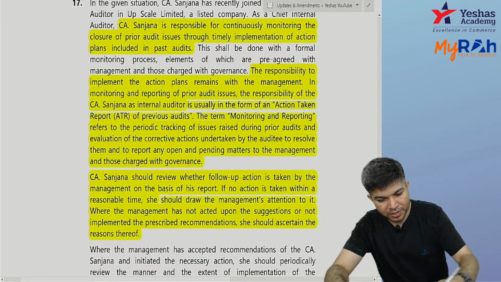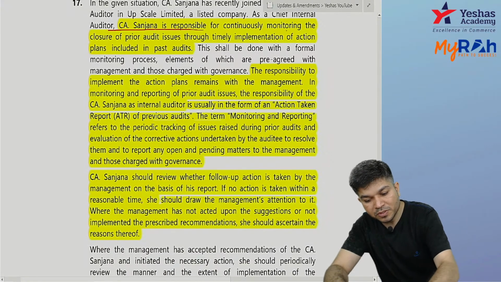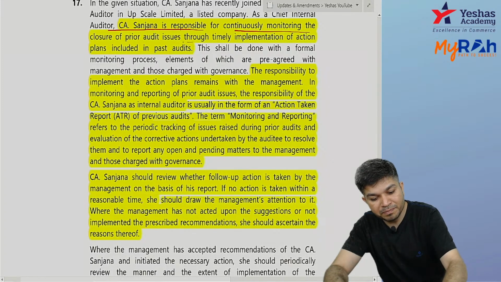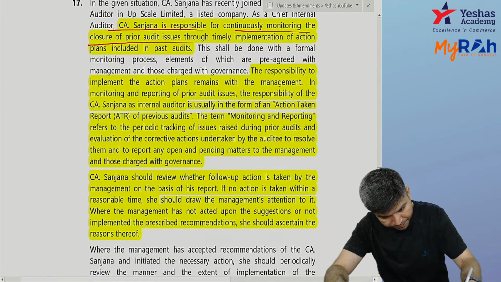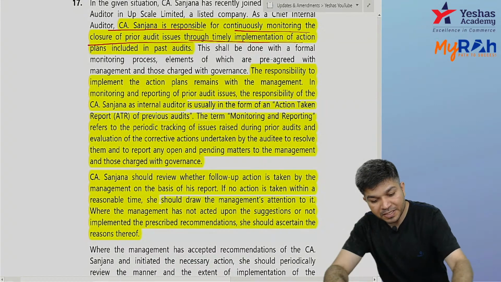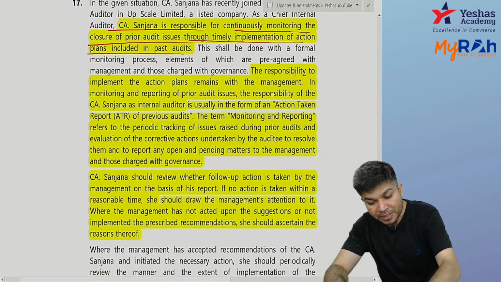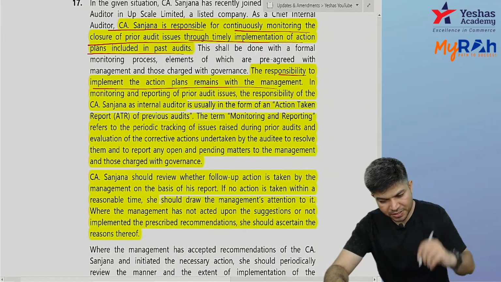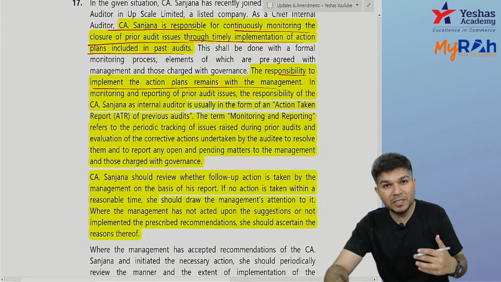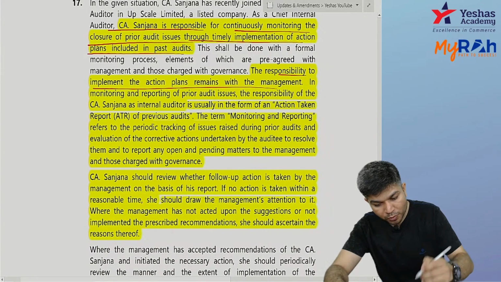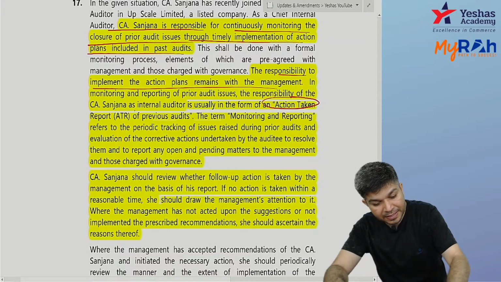CA Sanjana is responsible for continuous monitoring of prior audit issues through timely implementation of action plans included in past audits. The responsibility to implement the action plan is on management, but you are required to see whether they are being implemented or not. It is called the action taken report,